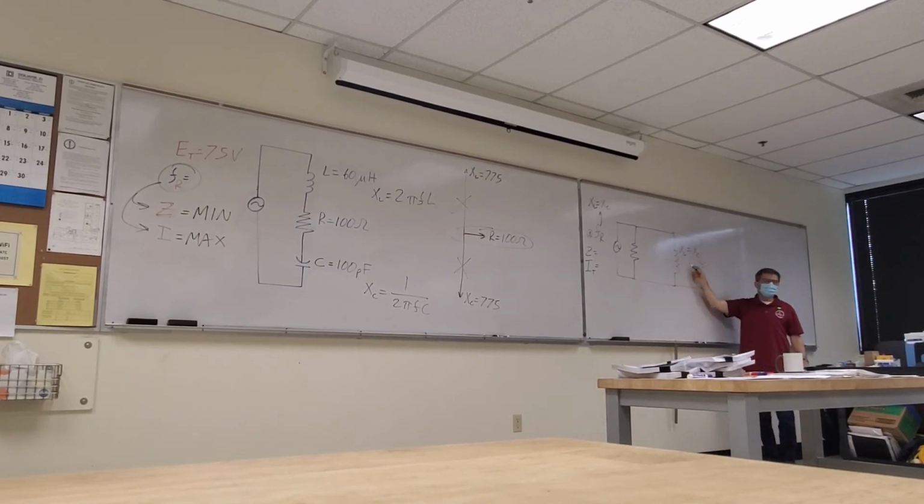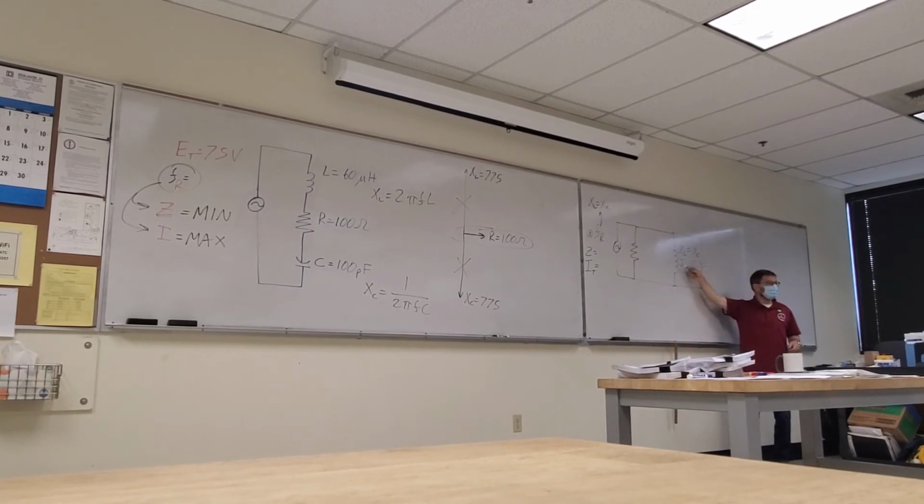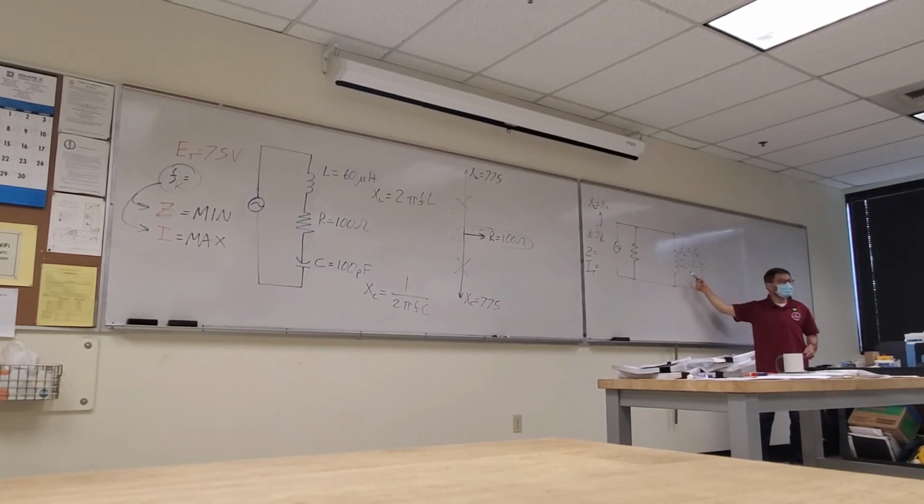If those two equal each other, what do the currents do? If I have the same ohms here and the same ohms here, am I going to have the same current? Yeah, because it's whatever voltage is pushing down there. It's the same voltage. So if these currents equal each other, 10 amps, 10 amps,